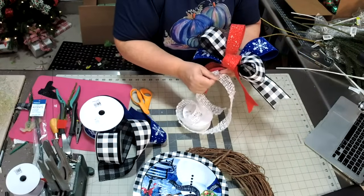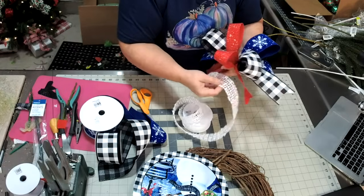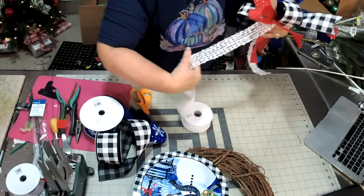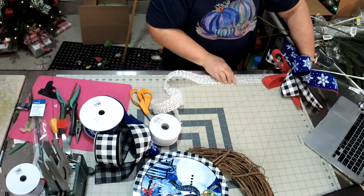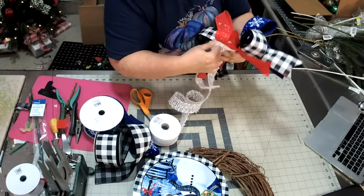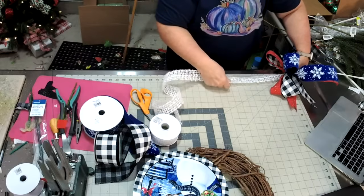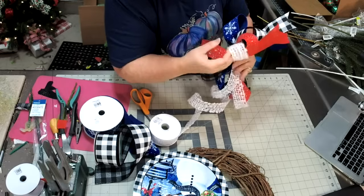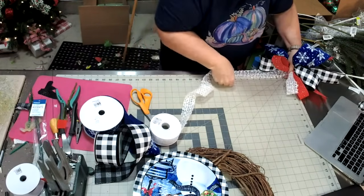Look at this. Let's see, does this stretch? No, it doesn't. Okay, so this is not going to hold shape very well because it's not wired. This would be really pretty on Christmas gifts. Let's do smaller. I think I'm going to do 8 or 4 inches. Let me just see if that's too small. Let's make it a little larger. Let's go to 5 inches or 10 inches on our mat. Pinch and then twist. Another 10-inch loop,